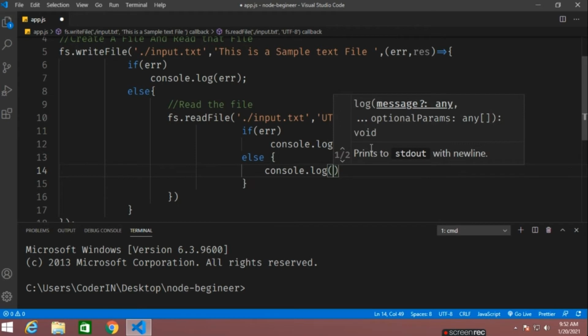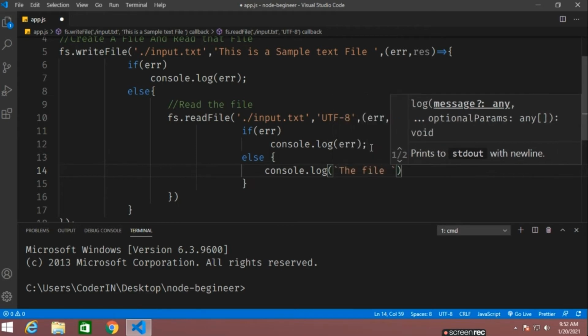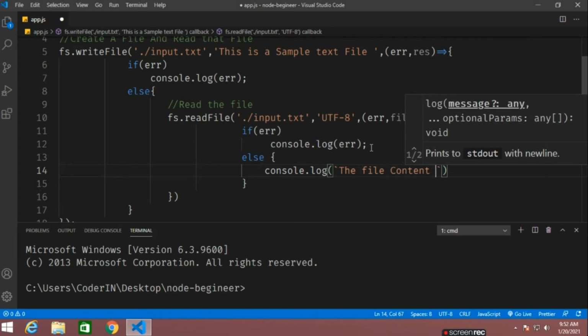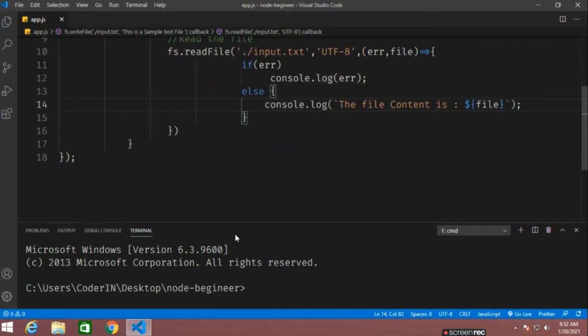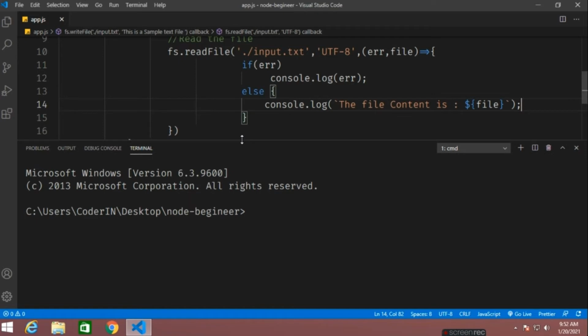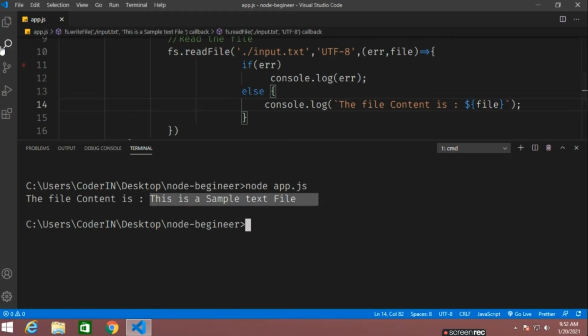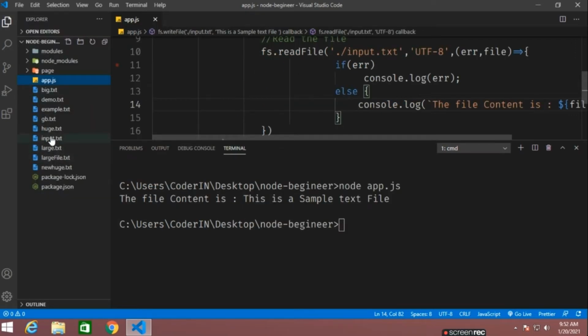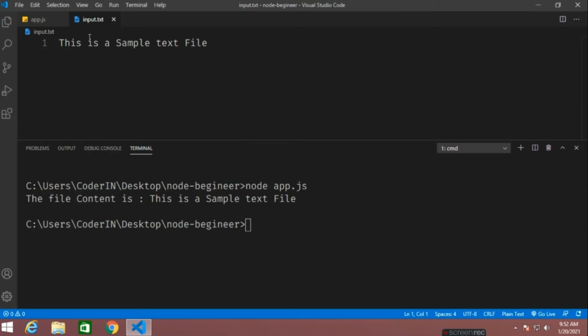So console.log the file content is, the file name which you want to display. Now we have already created and read the file. Let us run this part of the code. Node app.js. You can see the file content: this is a sample text. I'll show you the input.txt file which I have created. You can see this is a sample text file.